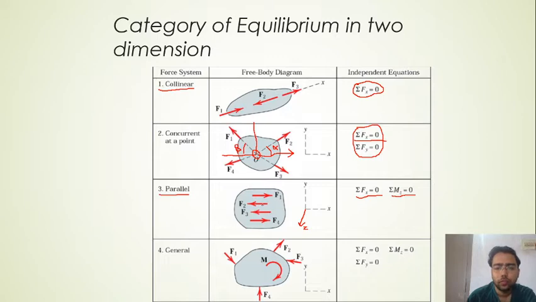So what is the formula for moment? You have to take any point anywhere. Suppose one point I am taking here, and assume this point as reference point, right? Now you should have the distance between all these parallel forces. Suppose from F1 it is L1, from F2 it is L2, from F3 it is L3, and from F4 it is obviously 0, right? So we should have the perpendicular distance from this point. Then you have to multiply those distances with respective forces, and then sum all of them up and it should be equal to 0.